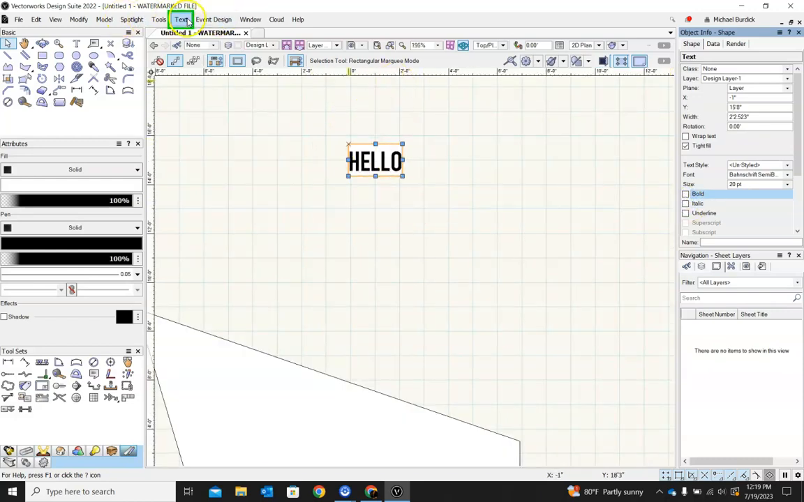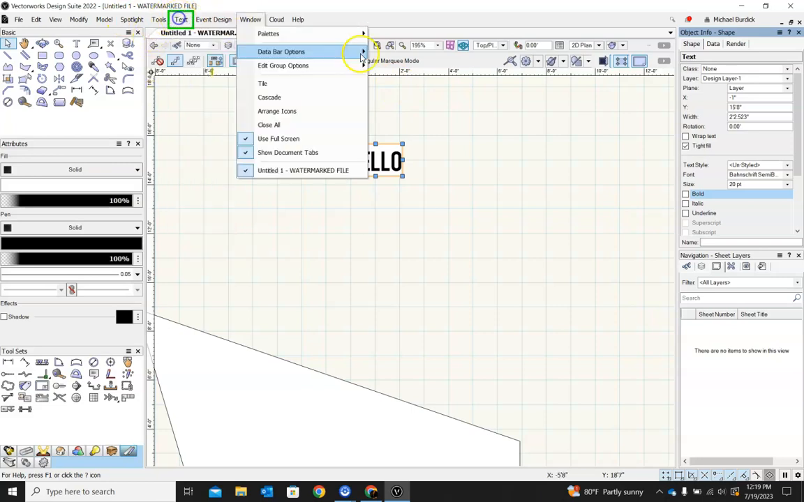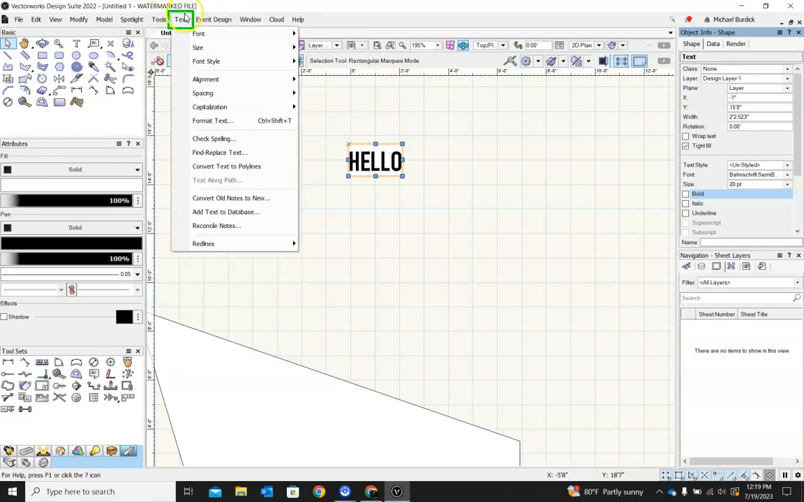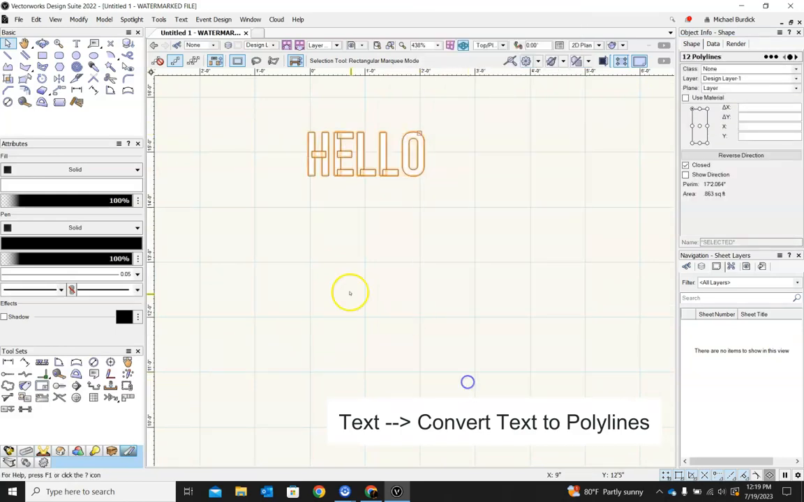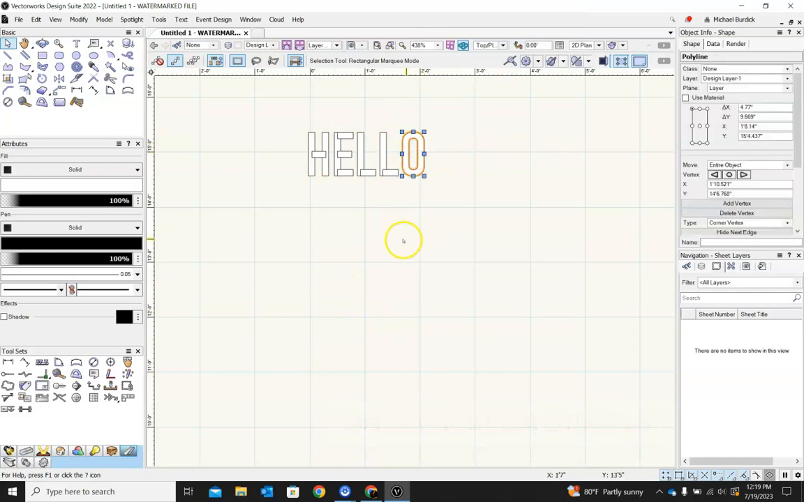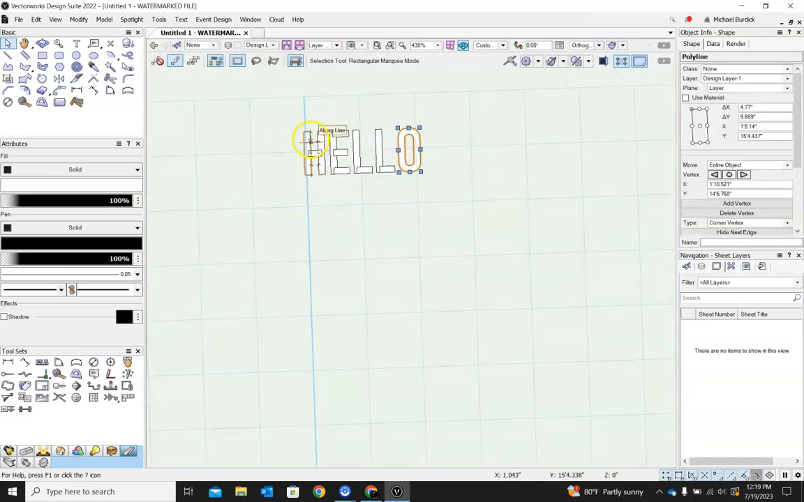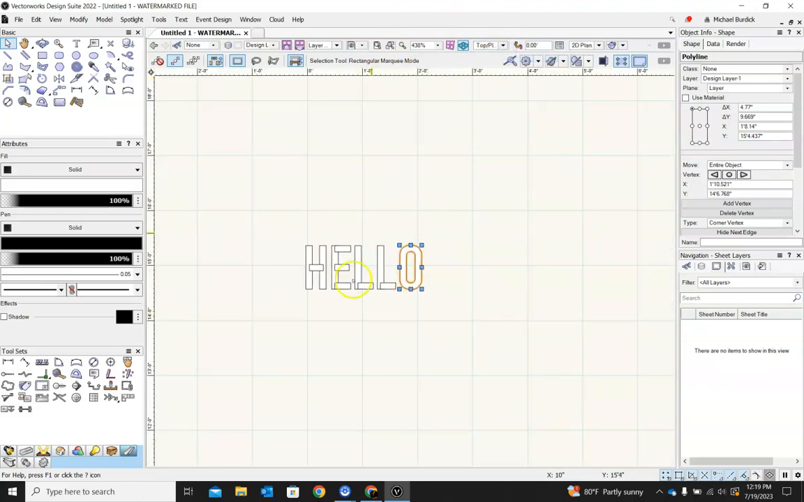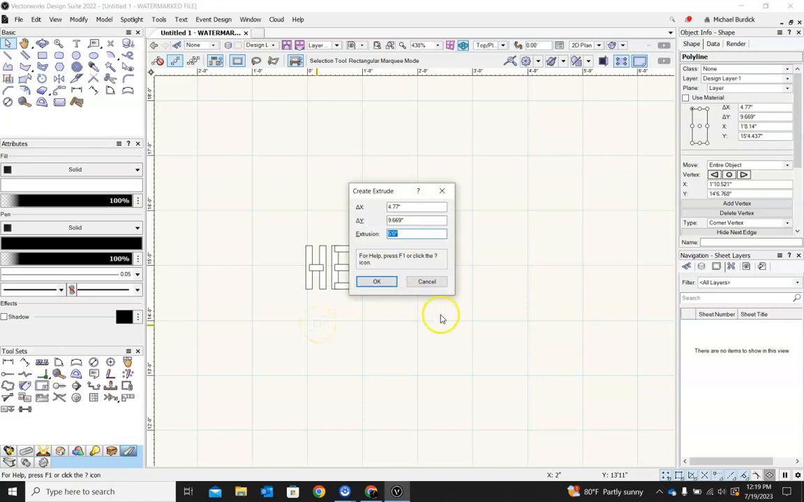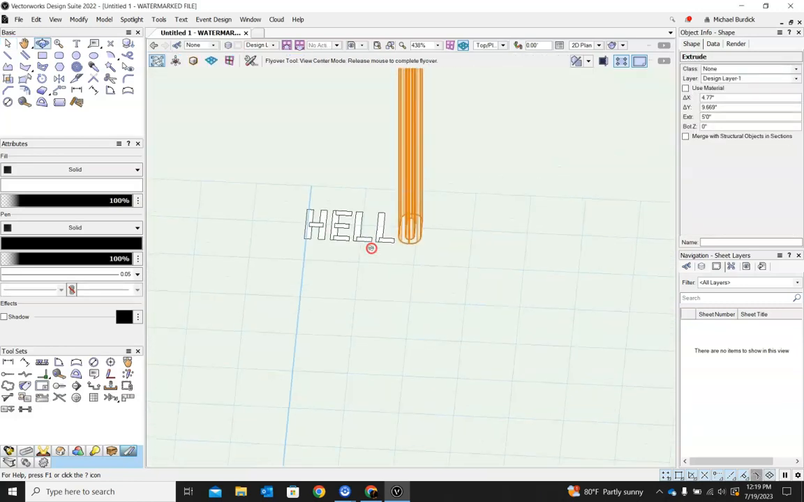However, we also have this text tab up here. If you go into there, you have the option to convert that to polylines. So now our text looks like this. You can ungroup that, and then you actually have just the shapes. You can no longer adjust these by changing the font because it's not recognized as text anymore. It's recognized as polylines. But what you can do then is you can extrude these shapes into the 3D world,